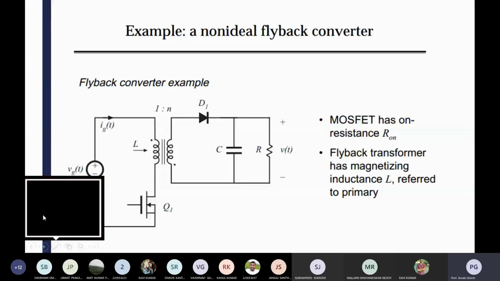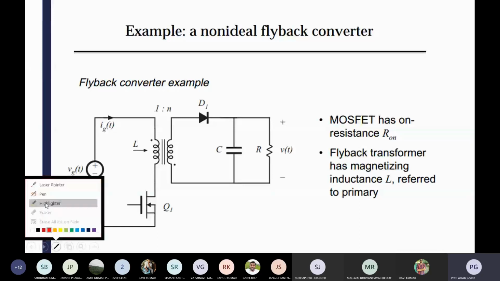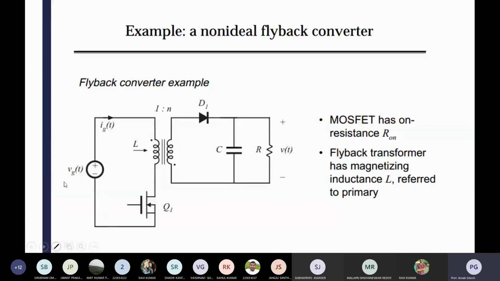Okay, so the flyback converter is an example of a transformerized switching converter. You can see over there the inductor transformer. Especially in the flyback converter, that coil is known as the inductor transformer. So there are two purposes: one is the transformer operation, basically isolation, and the gain effect.